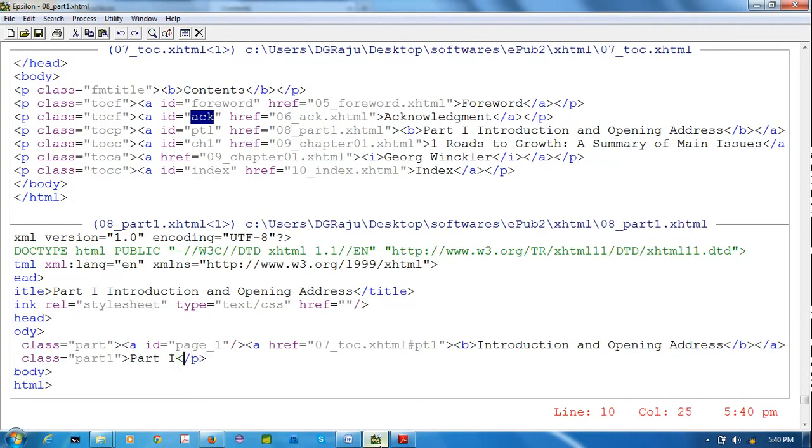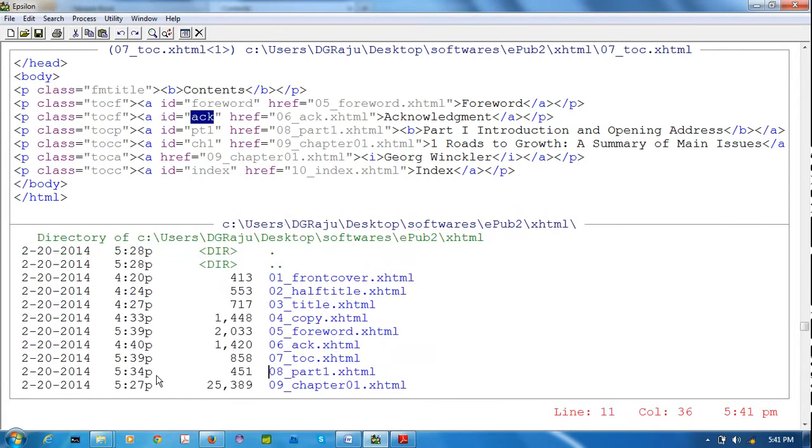Here also, the user may click this text or this text. That's why we have to give it for both texts. Part 1 completed. Next, chapter 1.